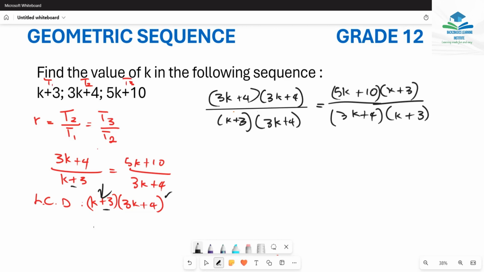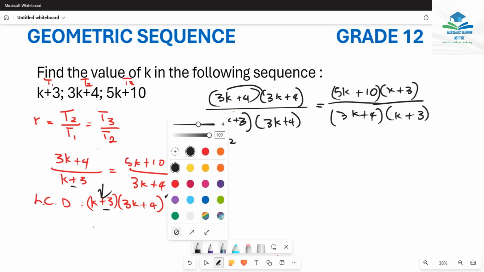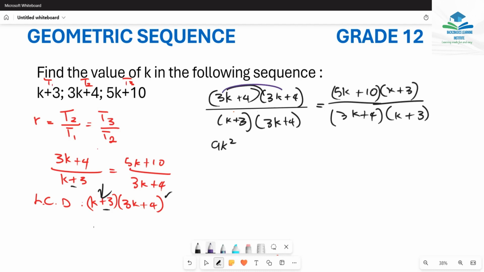This is going to be the same as 3k multiplied by 3k, which gives you 9k squared, right? You are multiplying this one with that one, and with that one, right? So this is going to be the same as 9k squared plus, when you multiply this with this one, 12k, plus another 12k also, and then 4 multiplied by 4